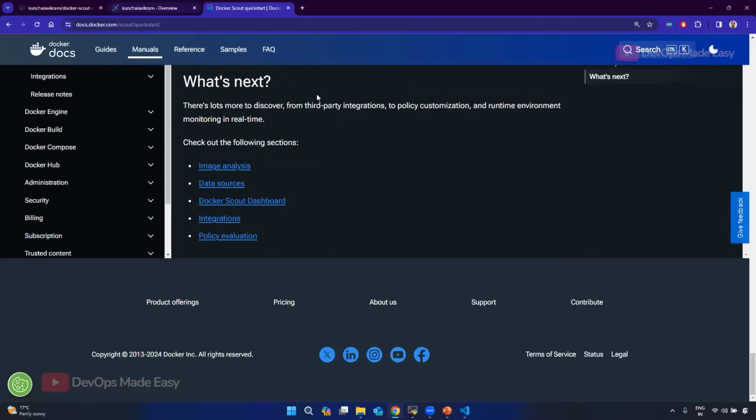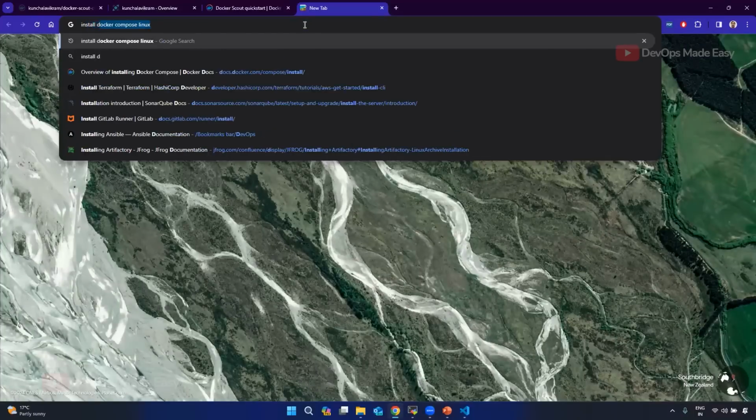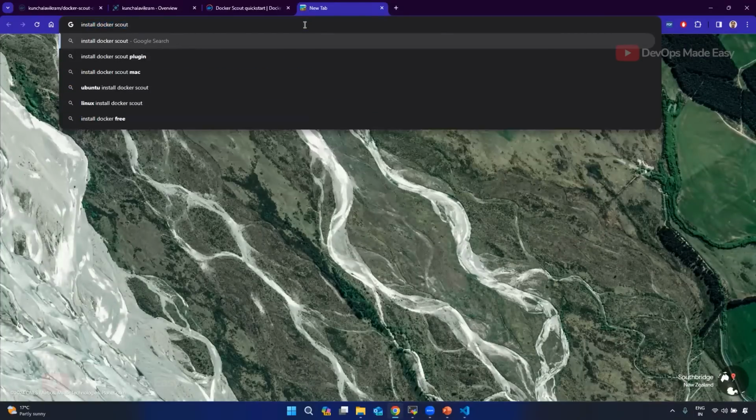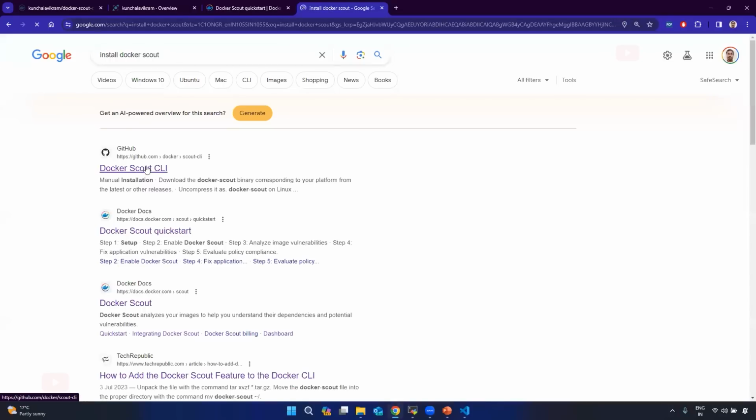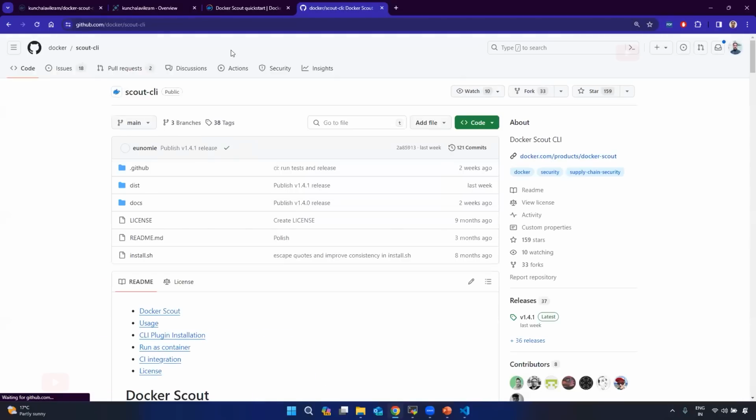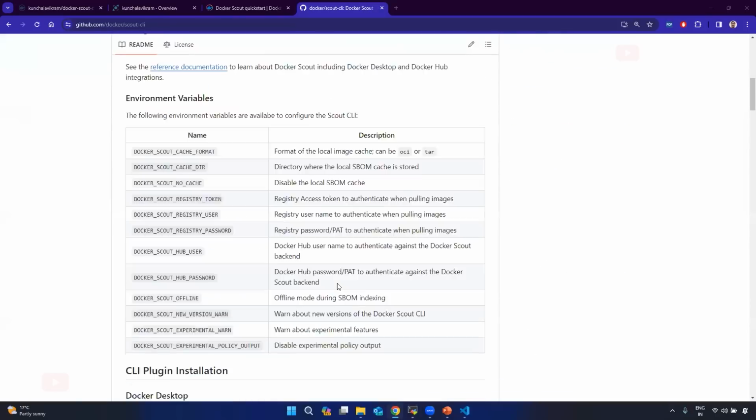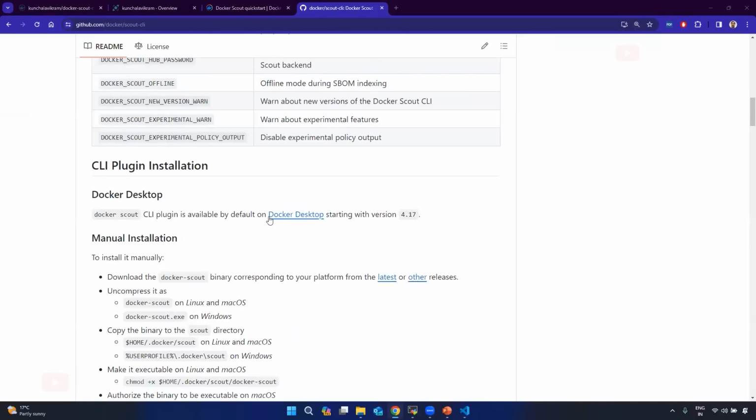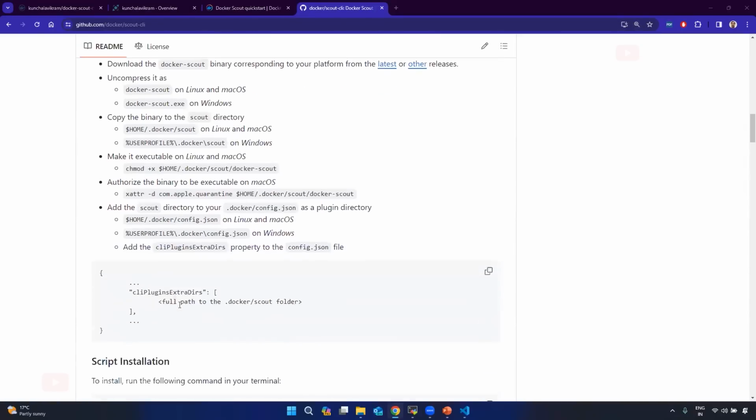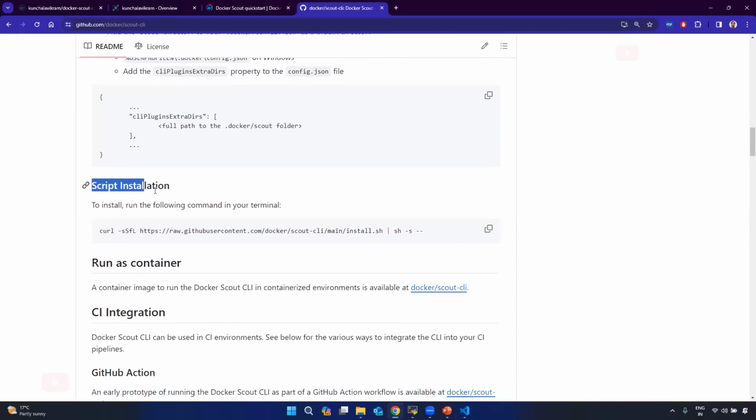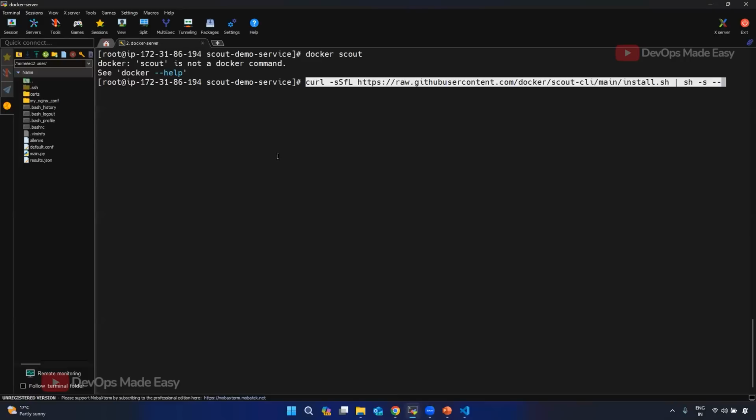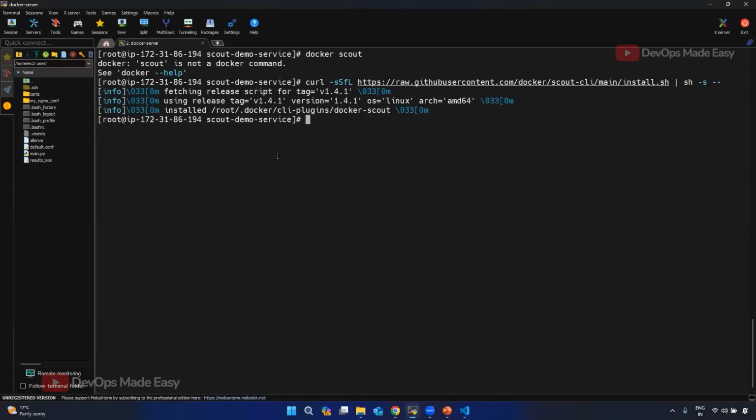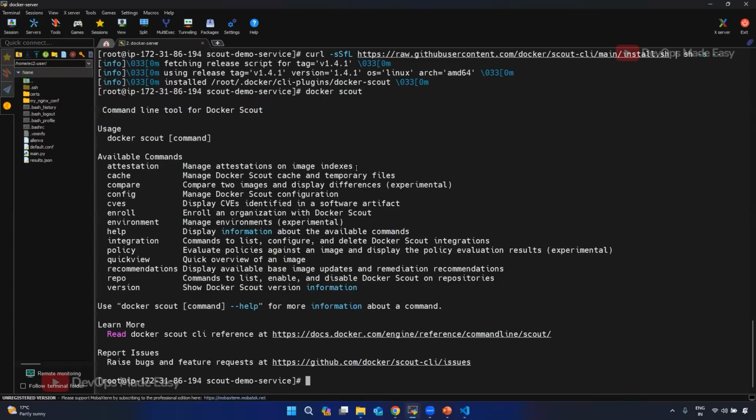Let me search. Okay, so I think I have to go to this repository, Docker Scout CLI. As I already said, it comes with Docker Desktop, but for the other setups, you need to install it. So I can just run this script. Just copy that script and run it, and try to run Docker Scout again. This time it is